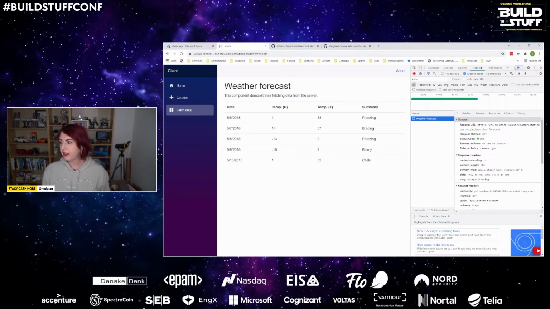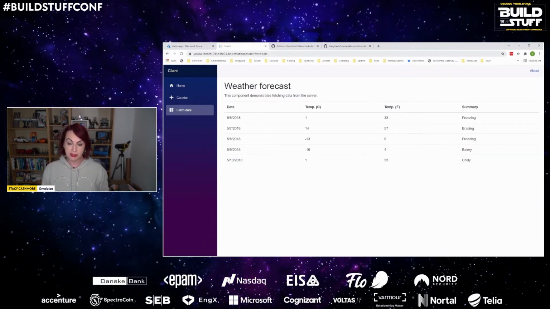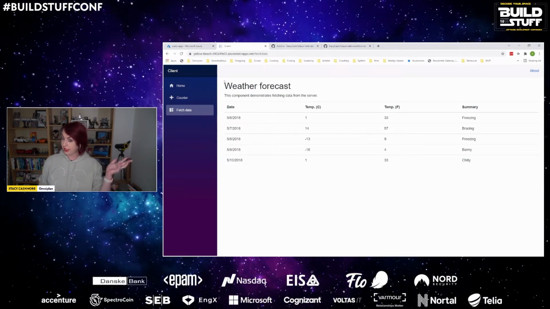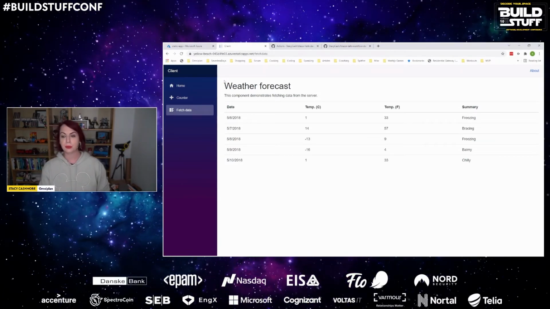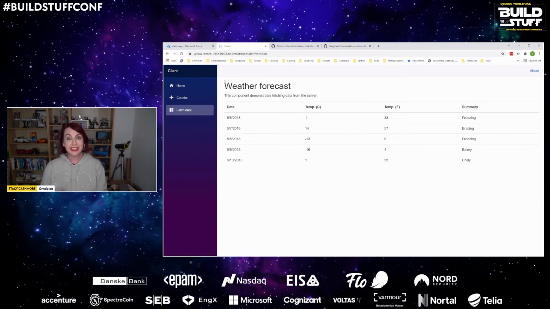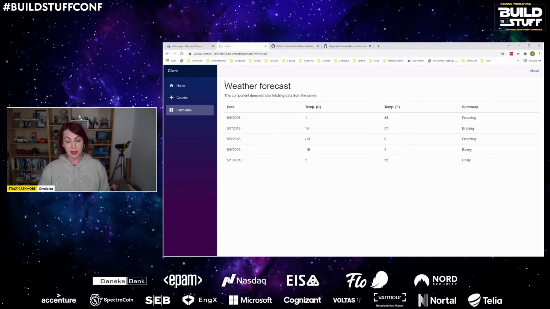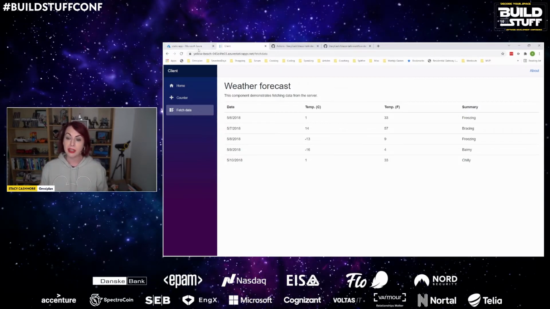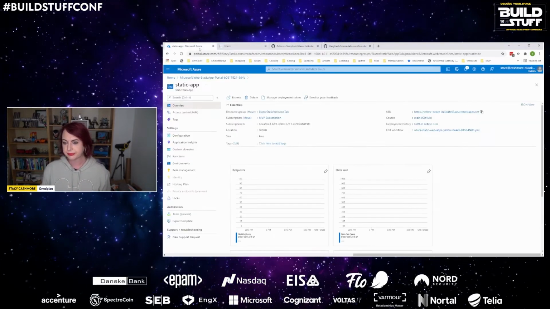So if we have a look at our client, the one that we've just created, we have this yellow beach 045D4FE03 staticapps.net. Now, that is not the URL that I want for my domain. I want something that says something about me. I do like the yellow beach. I don't like the rest of it.